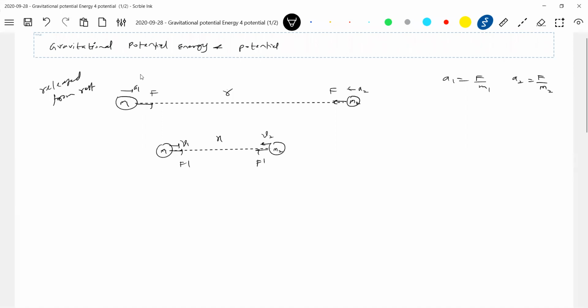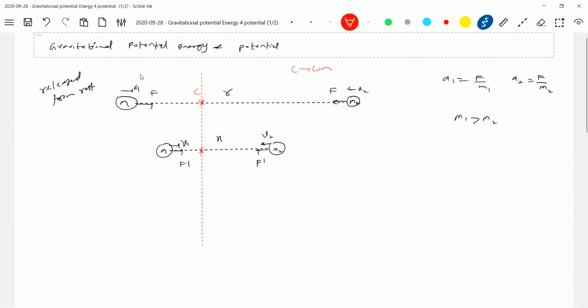Now how much has each moved? Again, center of mass, the core idea. Suppose we take M1 greater than M2. Where will the center of mass of the system be? This will be the center of mass of the system. I'll put a star mark here. What is C? C is the center of mass.